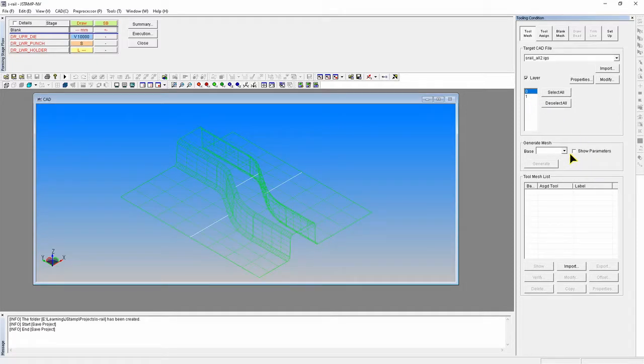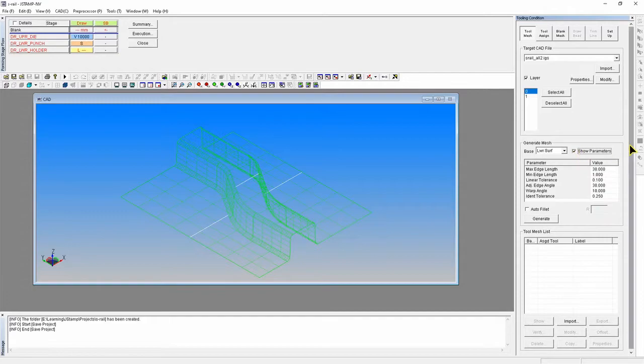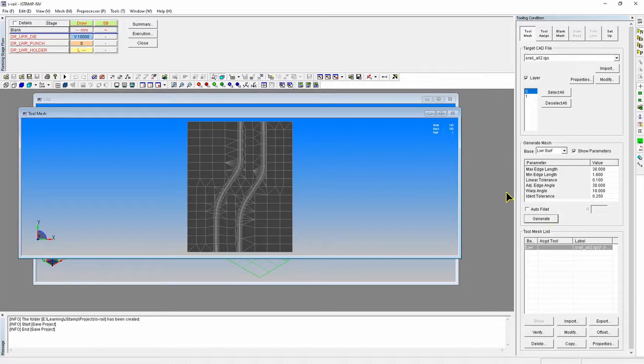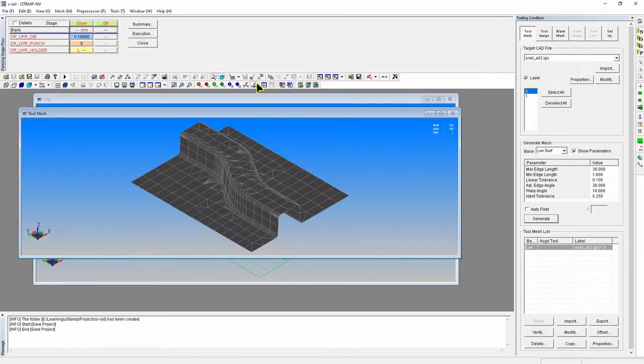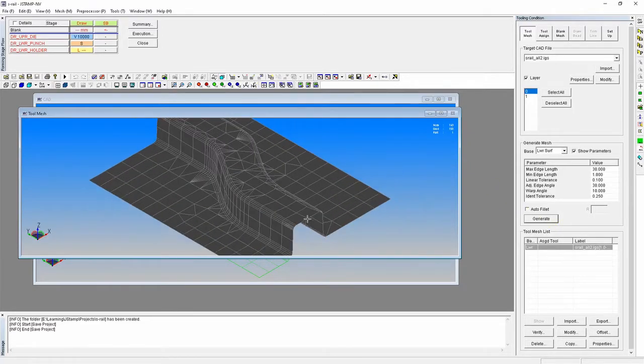And we're going to try to make the lower surf, which is going to be the punch and the holder first. So I'm going to select lower surf, and I'm going to hit show parameters. This is the detailed information about how your mesh is going to be, so if you aren't satisfied with it, this is something you fiddle around with more. I'm just going to run with the lower settings and hit generate. And that's going to make, there we go, I'm going to change the view so you can see it, a nice mesh of